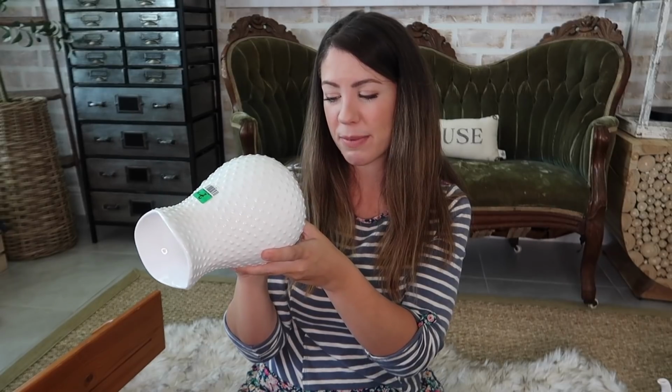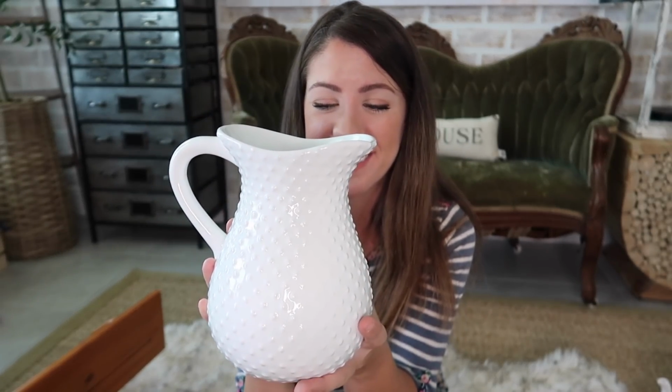What's funny about it is it's definitely not vintage. If you look at the bottom, it's 1-800-flowers.com, but I don't care. I just love the look, the vintage vibe that the hobnail gives, even if it's not vintage. It doesn't have to be vintage for me to love it. It's just kind of what I've been leaning more towards, which I will get into a little bit more about